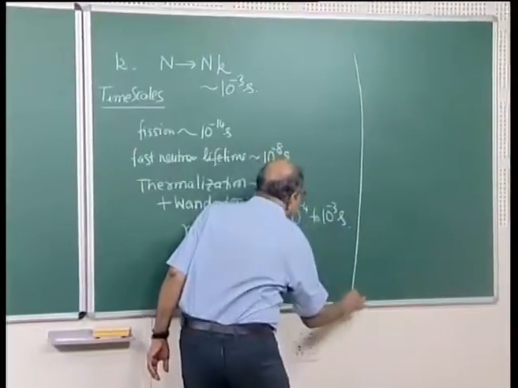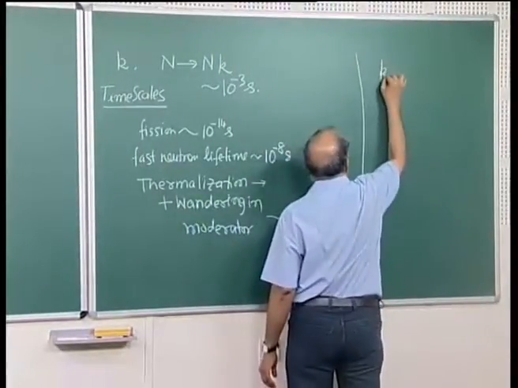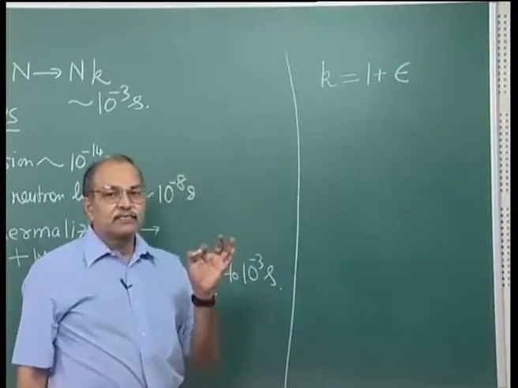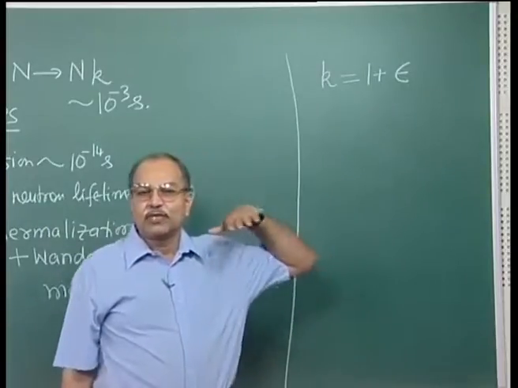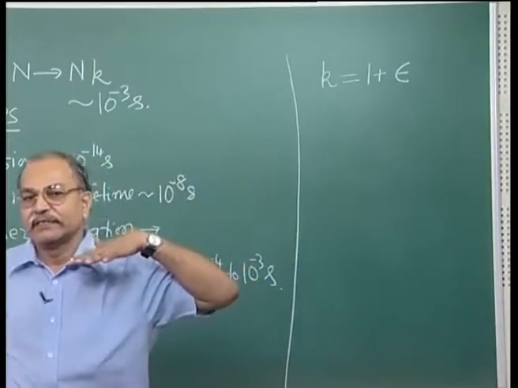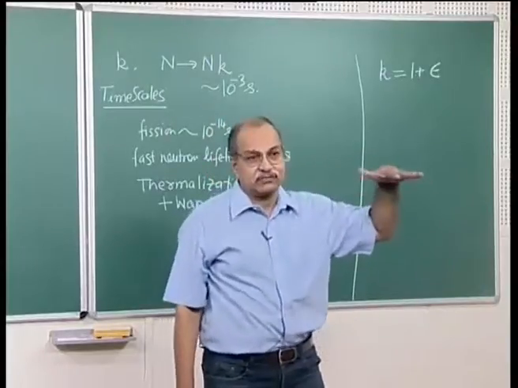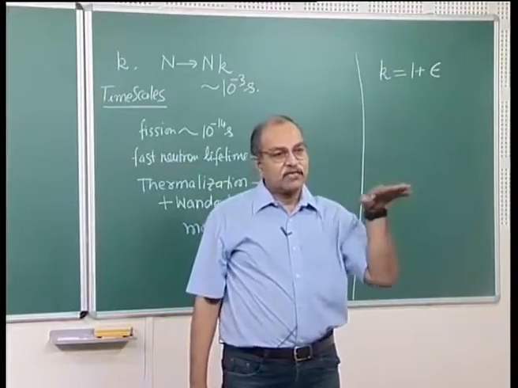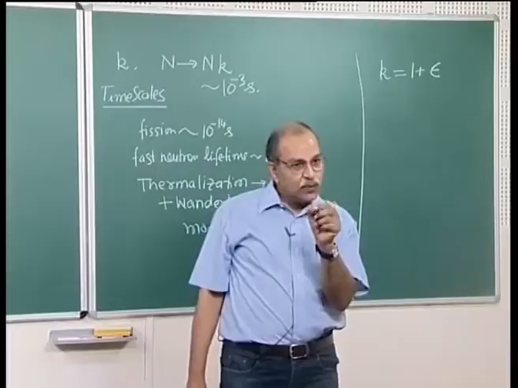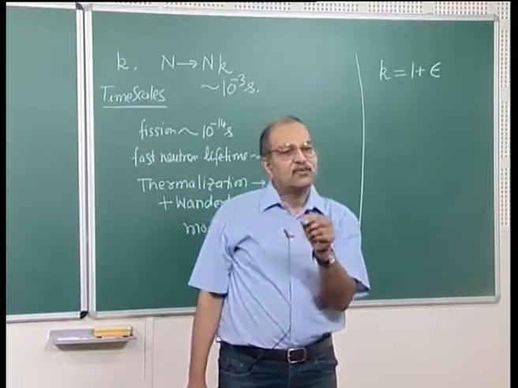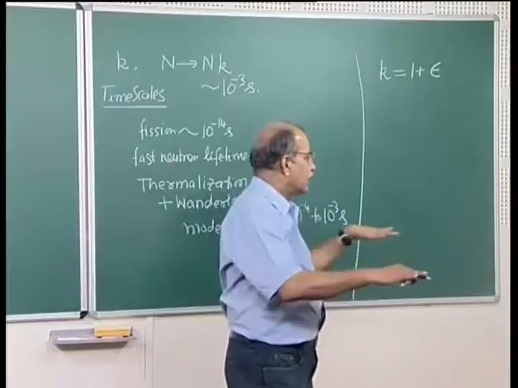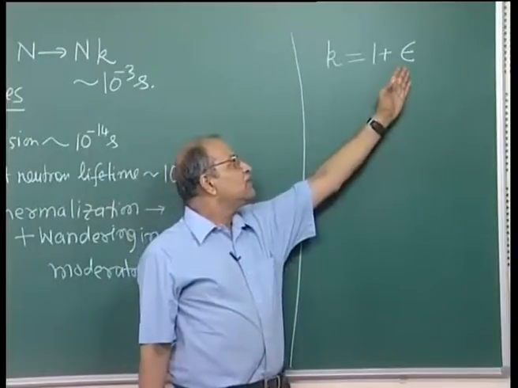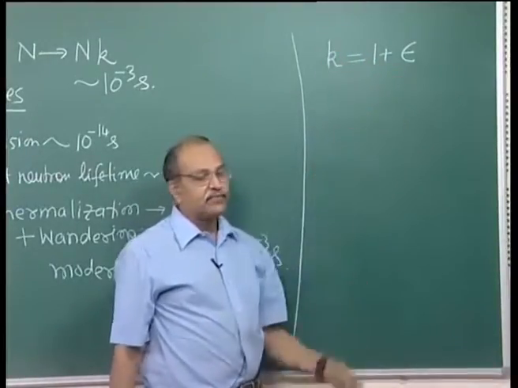If you write k as 1 plus epsilon, where epsilon is a small quantity, ideally we would like to keep it at 1, so that the chain reaction just sustains. So, one neutron causes fission, and from that several neutrons are emitted, and only one neutron of that on the average causes the next fission. That is the ideal controlled nuclear reactor situation, but if it is slightly more or slightly less, we can write it like this. In time t,